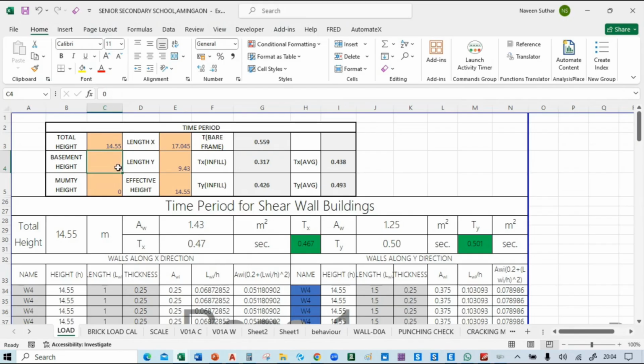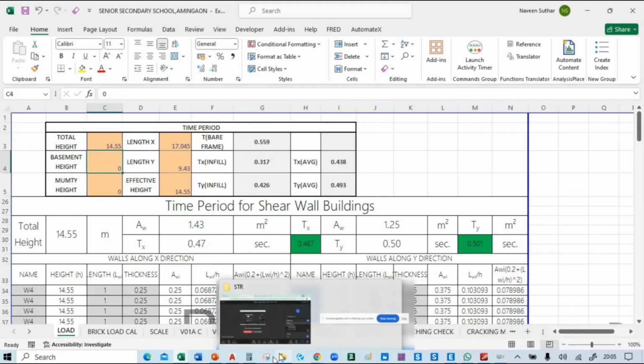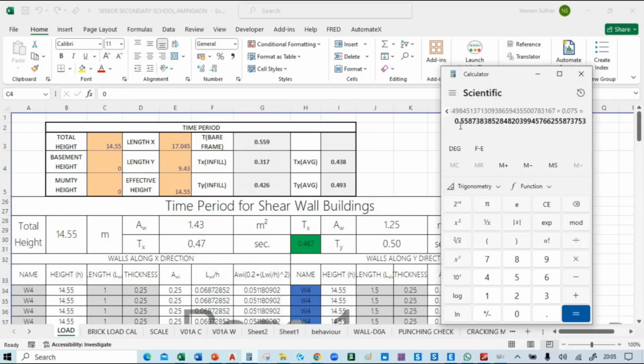you can make mistakes in the Excel. So you have to always cross verify, whatever you are doing. So it's 0.559. Okay. So I think in the calculation we are also getting